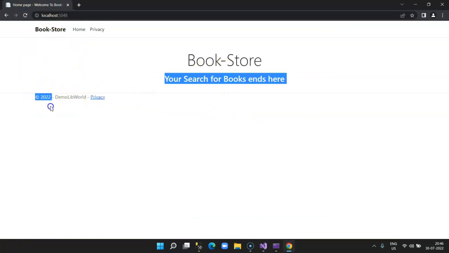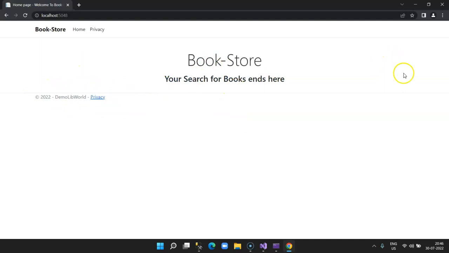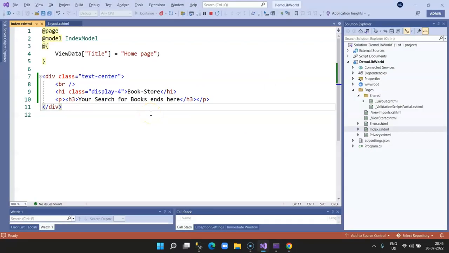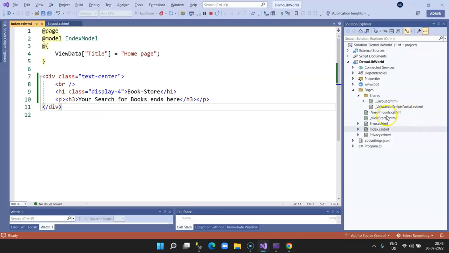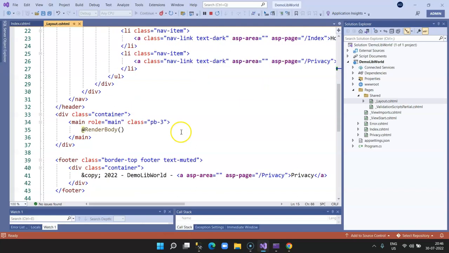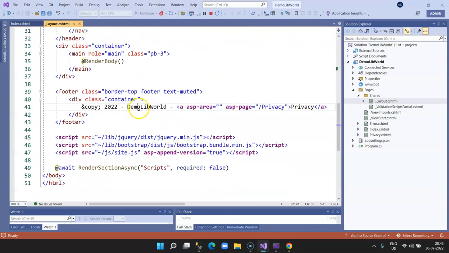Also, we notice that the footer has come up. So let's push this down. Since this is a footer, we have to make these changes also. So we'll try and make this project look very professional. Let's go to the layout again and go to the footer section. So here I am going to say bookstore,